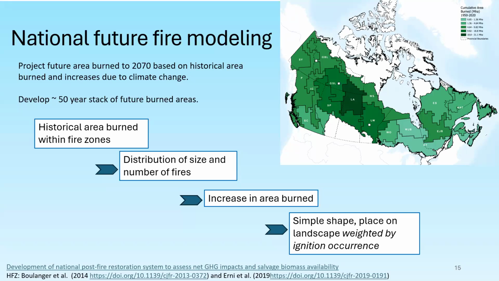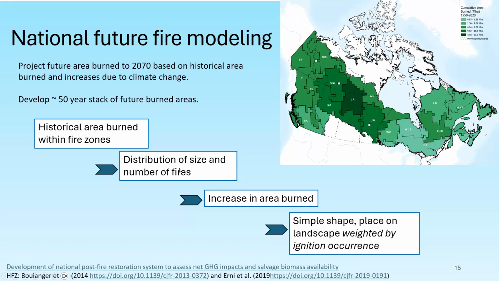And we're fortunate to be able to build on a lot of the work that's been done by the fire ecologists. And they have created different zones that are shown in the map that represent homogeneous fires, so that the zones describe the fires of that region. And the darker colors in this map show higher cumulative area burned over time. So some areas have more fires than others. We wanted to be able to reflect that in the carbon budget model.